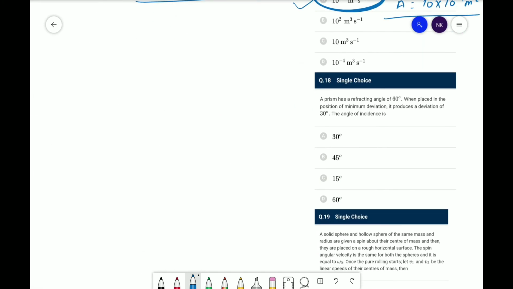What is the next question? In the next question, a prism has a refracting angle of 60 degrees. When placed in the position of minimum deviation, it produces a deviation of 30 degrees. The